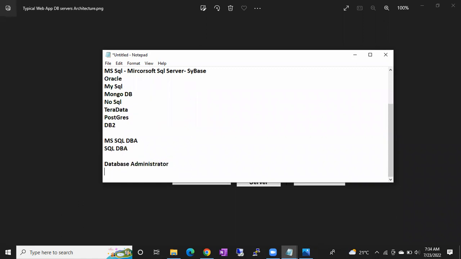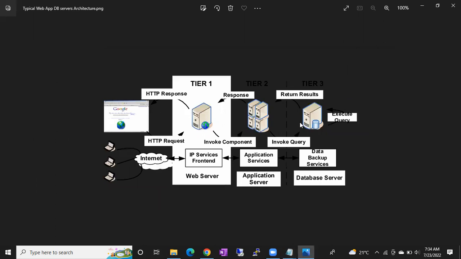DBA means Database Administrator. Like a graduation, you might be a BTech graduate, you might be a BSc graduate. In BSc again we have MPC graduate, MPCS graduate, different streams, right? If you complete any of these courses, you will become a DBA only. If you complete MS SQL, that is MS SQL DBA or SQL DBA, or else Oracle DBA, MySQL DBA, NoSQL DBA, all are DBAs only, but it depends upon the software they are using. If companies are using Microsoft SQL Server, then as SQL DBAs, our work will start, guys.